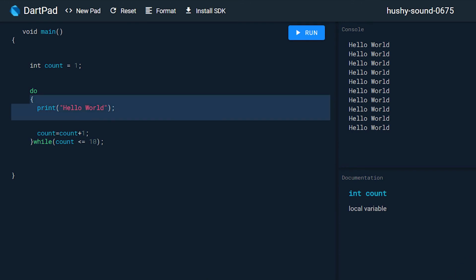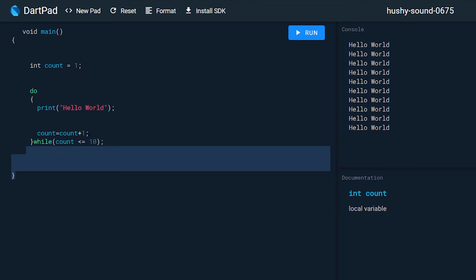So this is the do block and we write our code inside the do block, and at the end of the do block it performs the increment functionality, and after the do block we mention the condition, and if this condition gives a true result, then only it performs the code, the body of the loop, again. And if the condition gives a false result, then the control comes out of the loop and performs the code after the loop block, the code after the do-while loop.